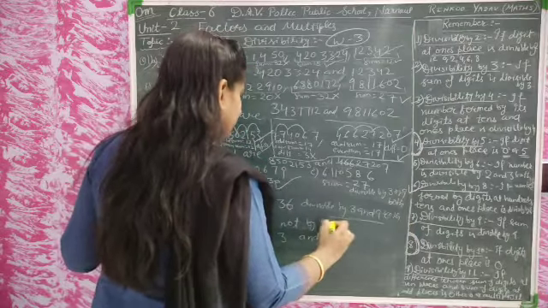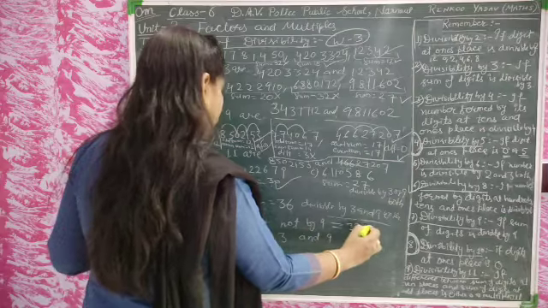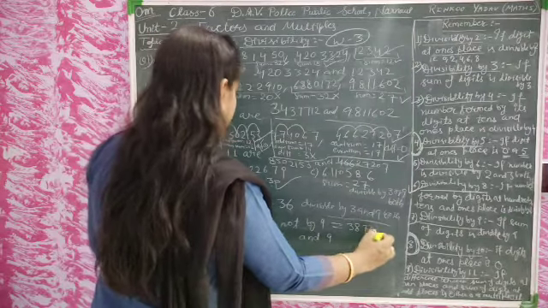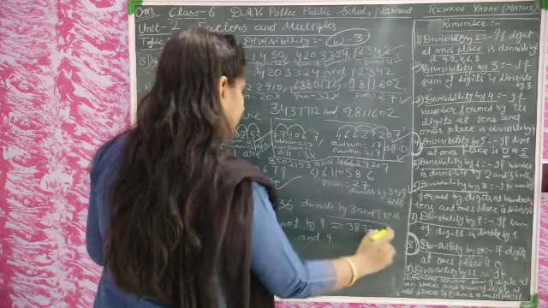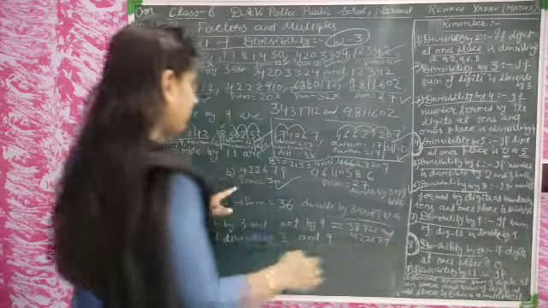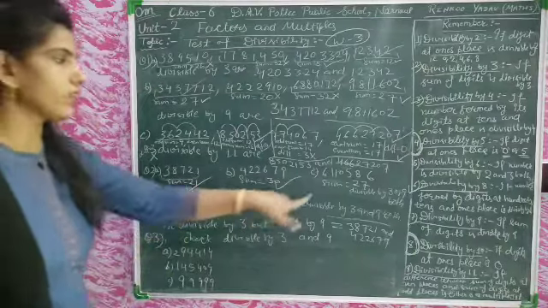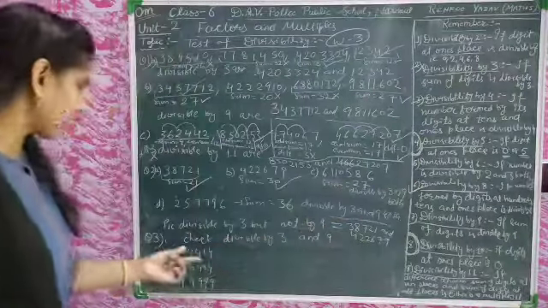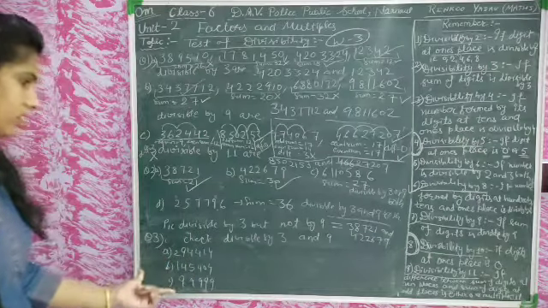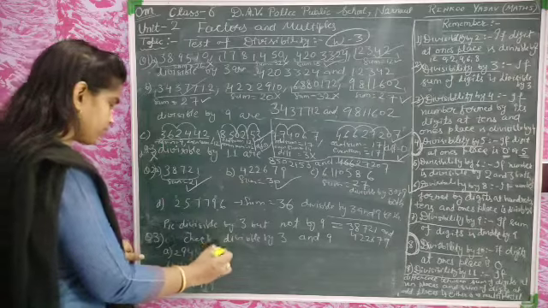So what is the answer here? 3, 8, 7, 2, 1 and 4, 2, 2, 6, 7, 9. These are the answers, but the others are not the answer because they are divisible by both 3 and 9. Now there is question number 3. Divisible by 3 and 9. Check there. The sum is